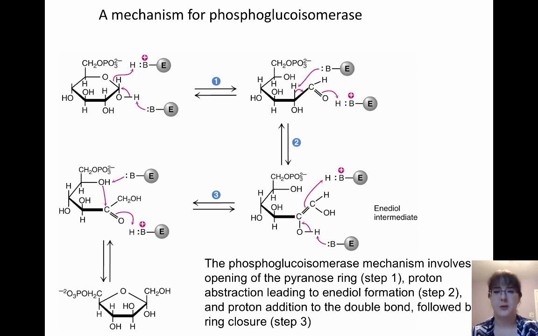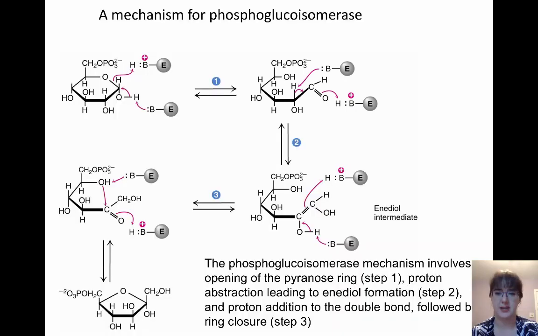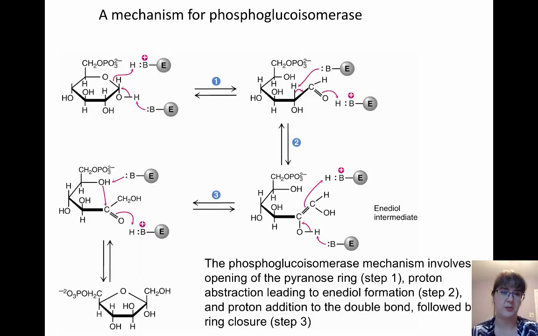Then from there, we're going to continue with more abstractions of protons, though now onto the second carbon, which is going to allow, as we continue down into the second step, for that enediol intermediate. So now we have that double bond in between the 2 carbons, which is then going to allow us to add a proton back across the double bond, which will then be able to, again, change that aldose sugar